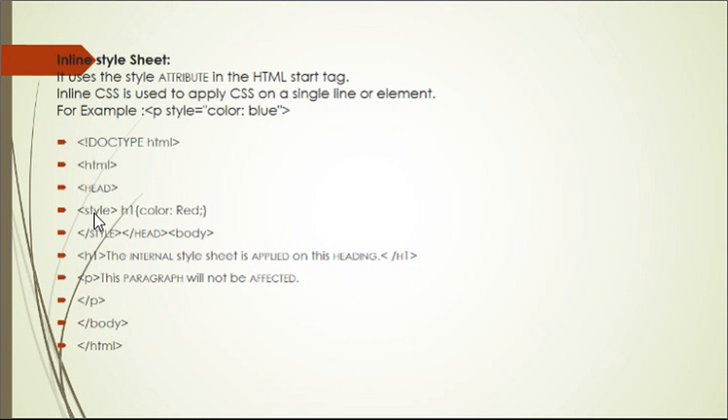then in the head part we have to start the style. In the head we are going to write the style. After style we write H1, which is your heading 1, and the color of this heading, whatever color you want. Color is equal to red. Next end your style. When you are writing this, it can be written in the head part or in the body part. So in style H1 color red, end your style, end your head, and after that start your body part. In that body part start your H1.